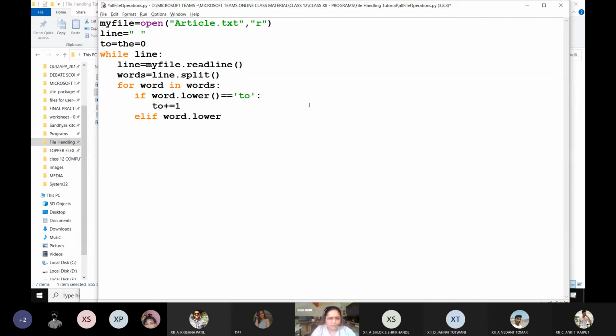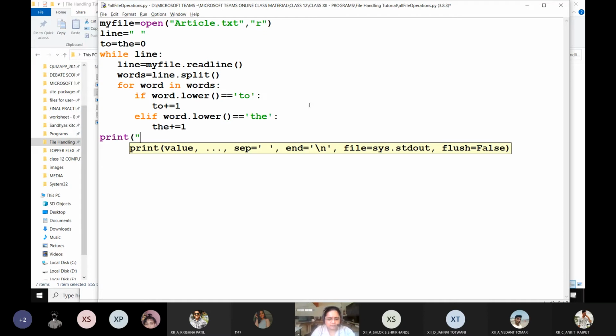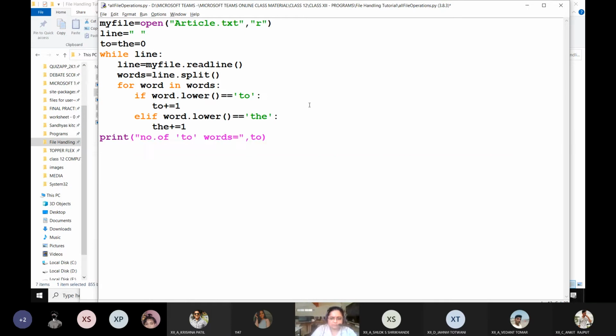If word.lower() is equal to 'the', then the plus equals 1. And finally, we print the values. Number of 'to' words is 2. Number of 'the' words is the.